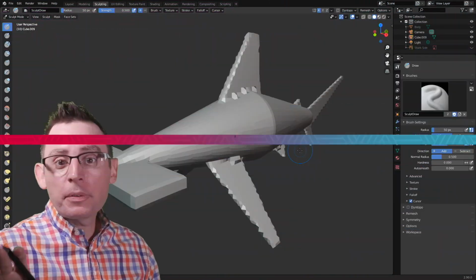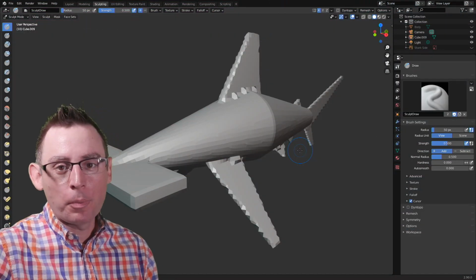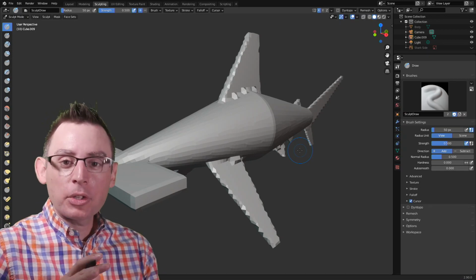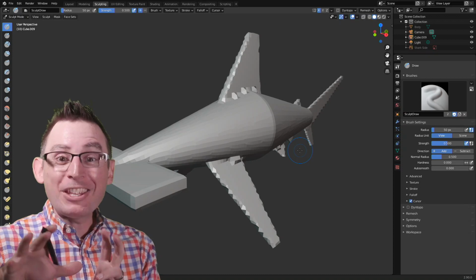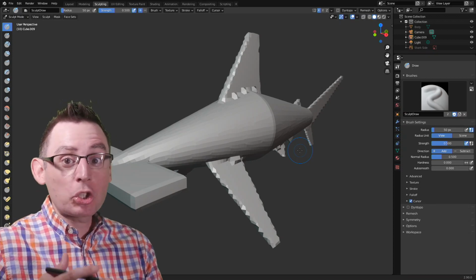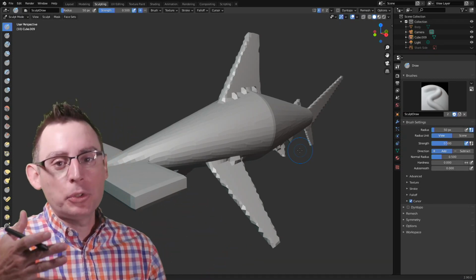I wanted to take just a brief second here and talk about symmetry inside of our sculpting workflow. Symmetry is an important thing to have enabled and turned on because it allows us to work a little bit more efficiently at the early stages of our sculpture. Ideally, we want to sculpt in symmetry for as long as we can. We want the left side to be identical to the right side.